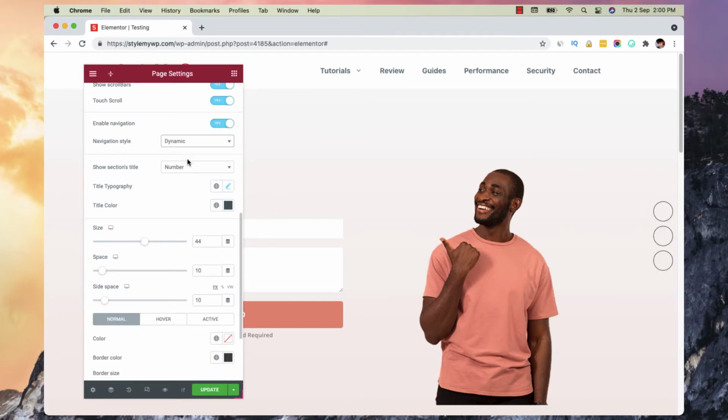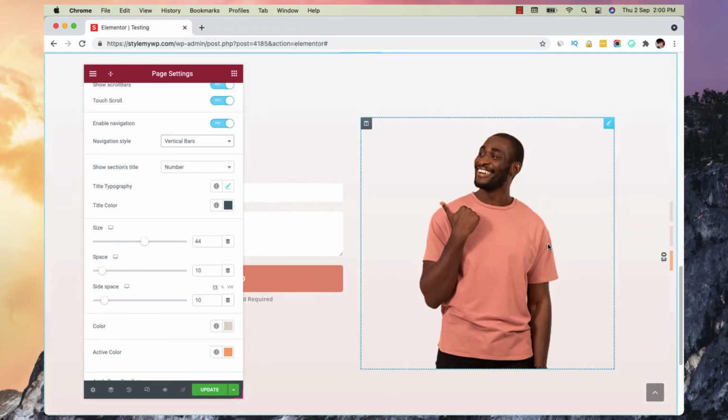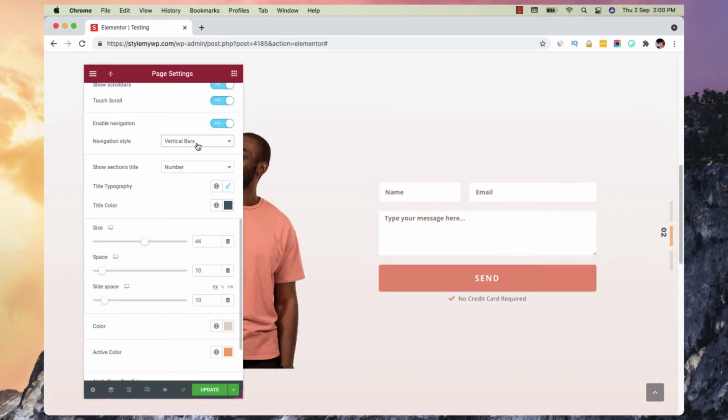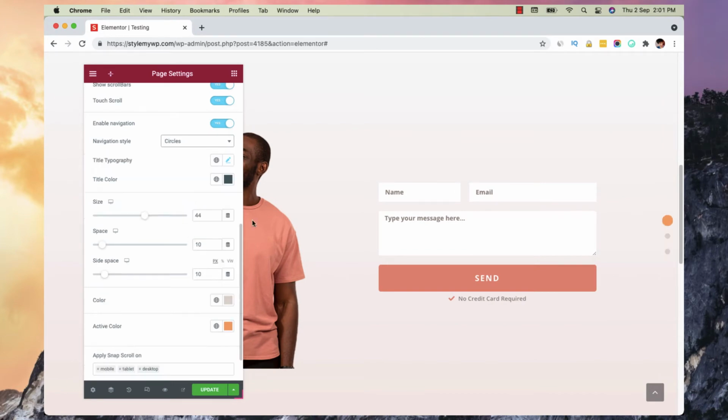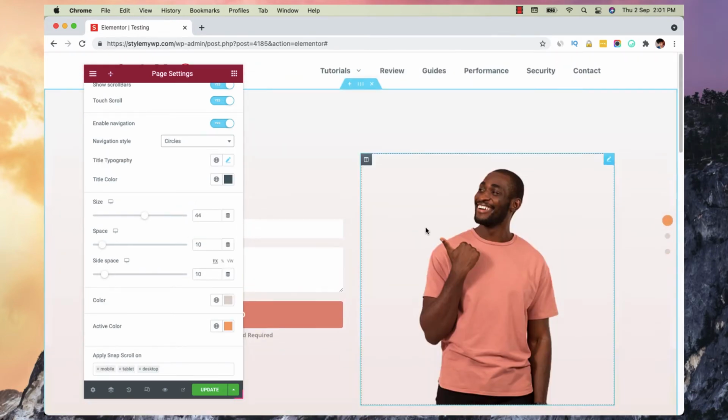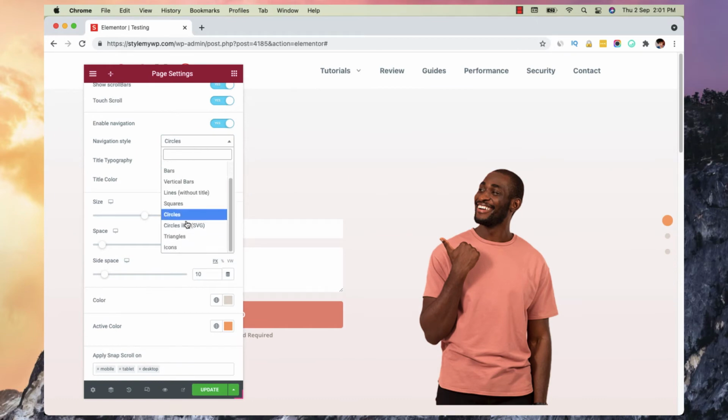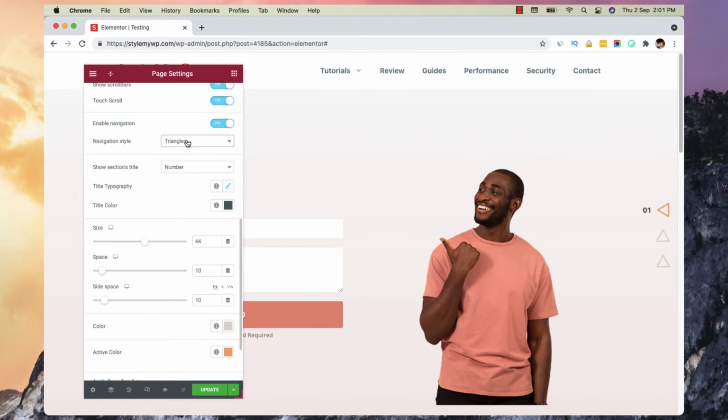And here all these options, this dynamic, vertical bars, you can see looks pretty cool, and these squares, right? And these circles, amazing, isn't it? And I had used this triangle one.